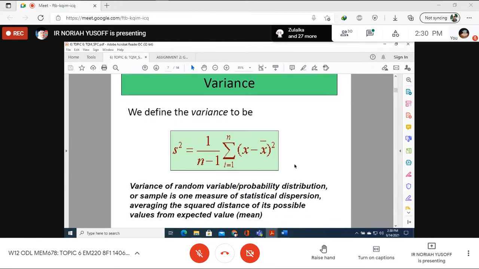Okay. So variance of random variables or probability distribution or sample is one measure of statistical dispersion. So the variance helps you to identify or to evaluate the data dispersion. So averaging the squared distance of each possible value from the expected value, the mean. So usually in this case,